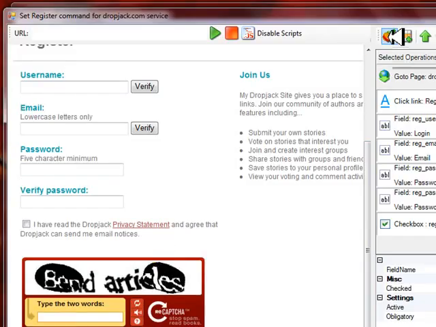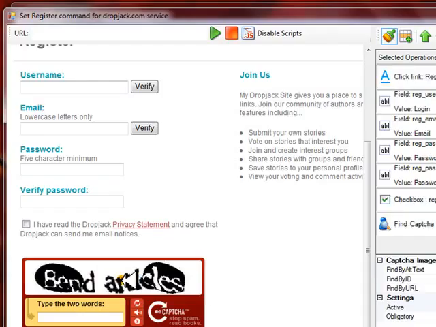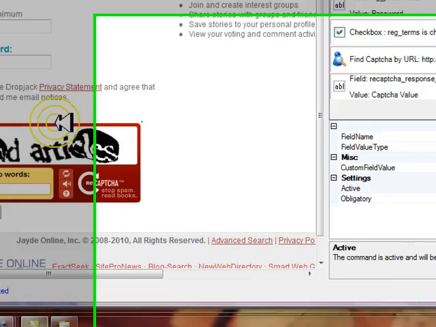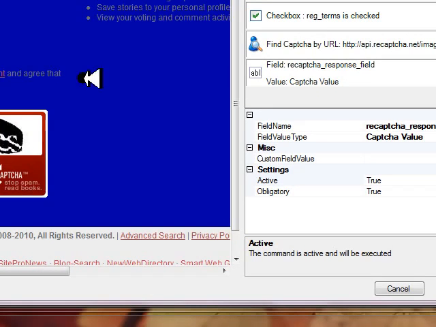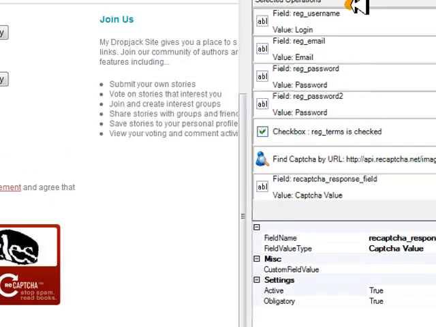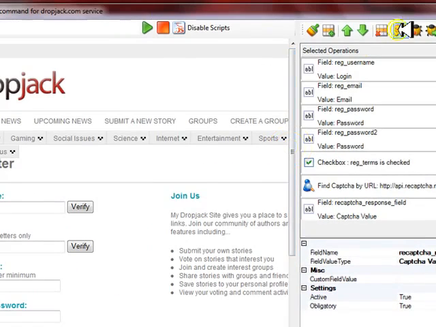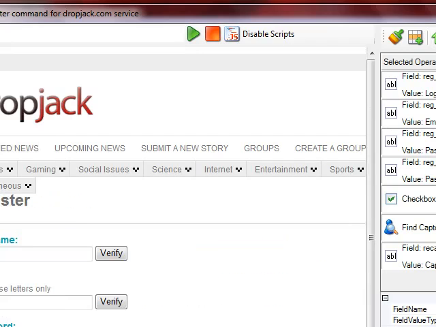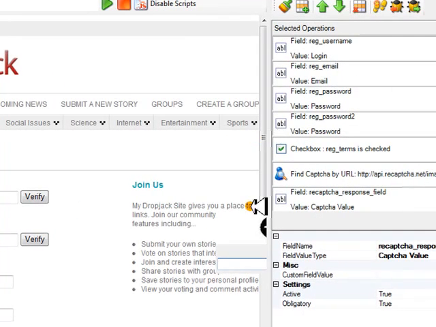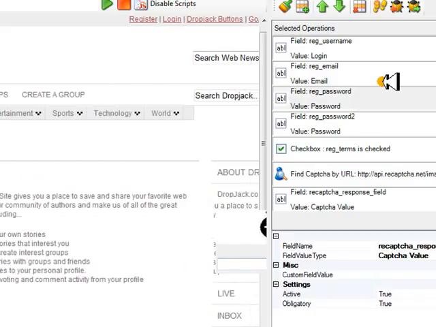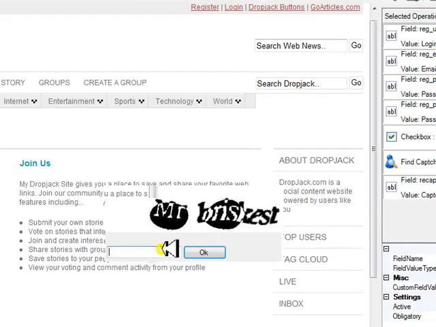We want to turn the Designer back on, right click and click solve this CAPTCHA. Whatever we solve with that CAPTCHA, we want to put it in the CAPTCHA box by clicking CAPTCHA value. Then let's see what Magic Submitter will do up to this point. Let's take the Designer off, scroll back to the top, and click test command. Magic Submitter will go to Dropjack, log in, put in all our information, and bring up the CAPTCHA, which is over here. My screen isn't that big, but you can see it right there. Then I would put that in,